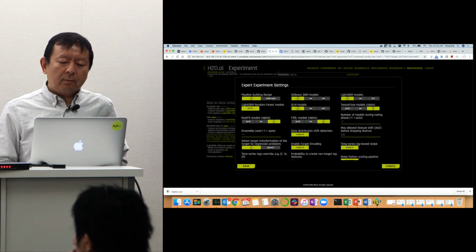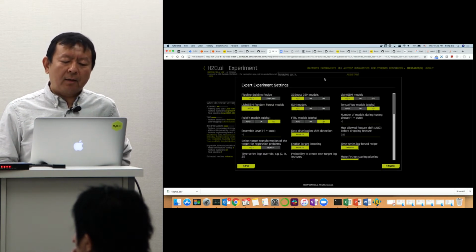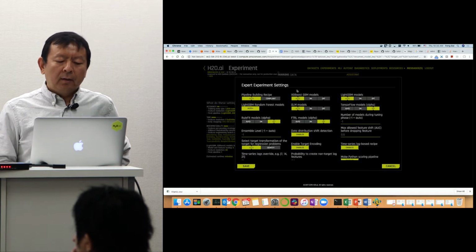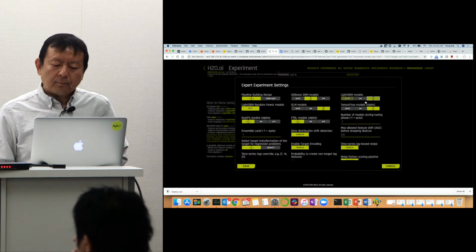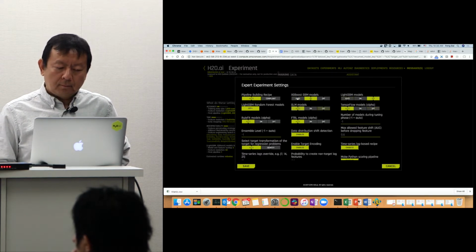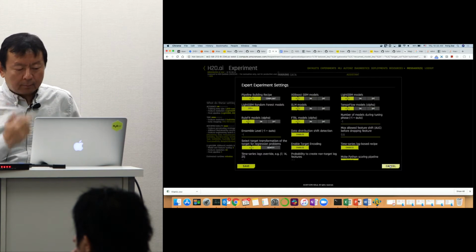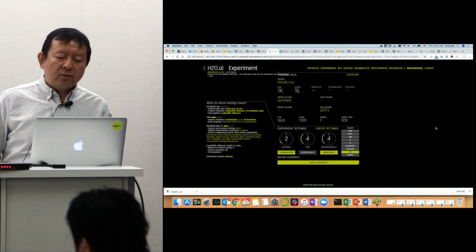So by tuning the parameters inside of expert settings, actually you can tell us what kind of model you want us to run, along with other advanced settings. For example, I can turn on the RuleFit model, I can turn off the GLM model, or I can turn definitely on GBM model or LightGBM, whatever you want. When it's running, another